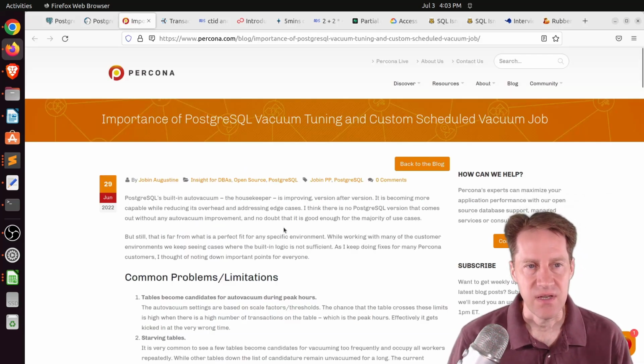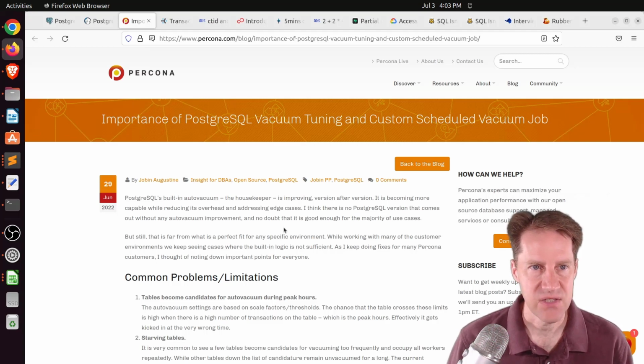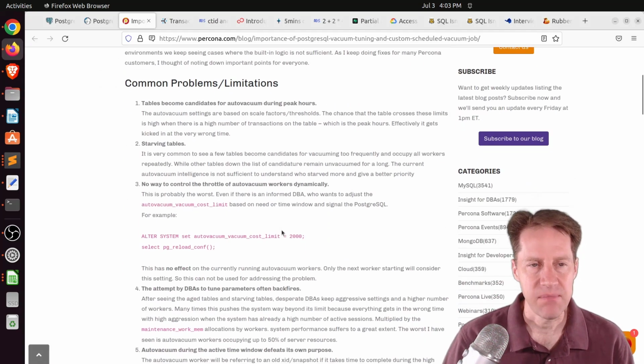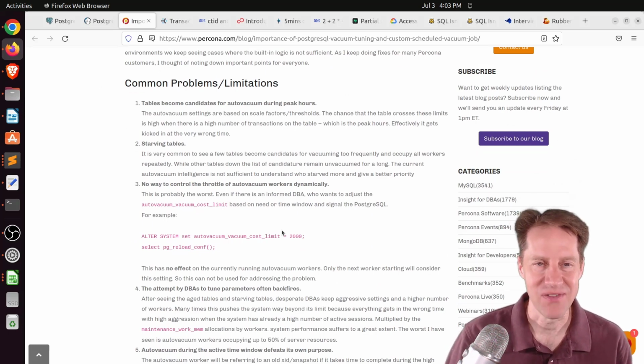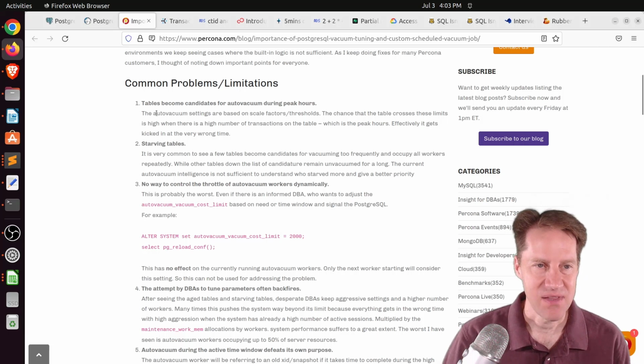The next piece of content, importance of PostgreSQL vacuum tuning and custom scheduled vacuum job. This is from percona.com, and they're talking about how to deal with autovacuum issues, which tend to become a problem the larger your database gets. Some of the issues that